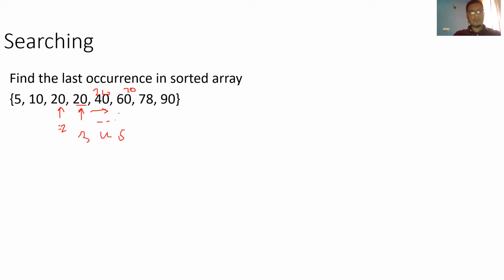Once you get to know that it is not the same element, so now in this case you have, let's say, 20, 20, and this is 78, it is not the same. So you have that the last found index is 5, so you can return that. That is how you can do it. Same thing, instead of checking the earlier element, you check the next element here to search for the last element.